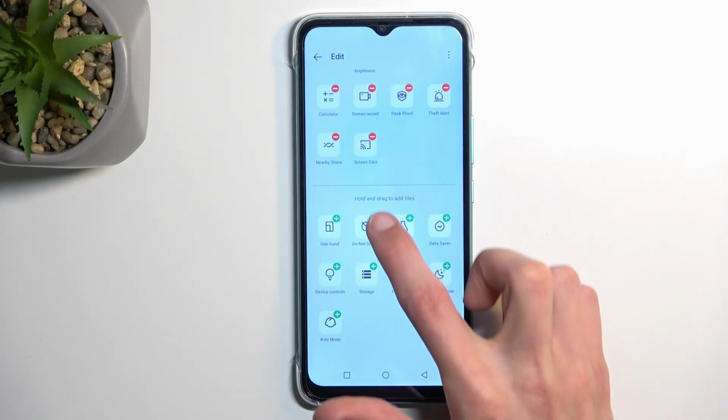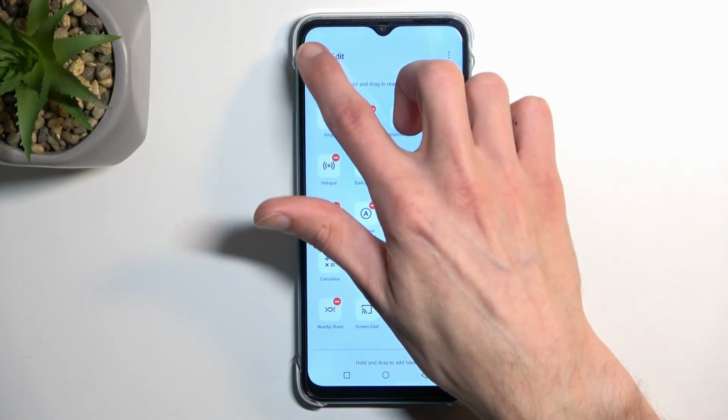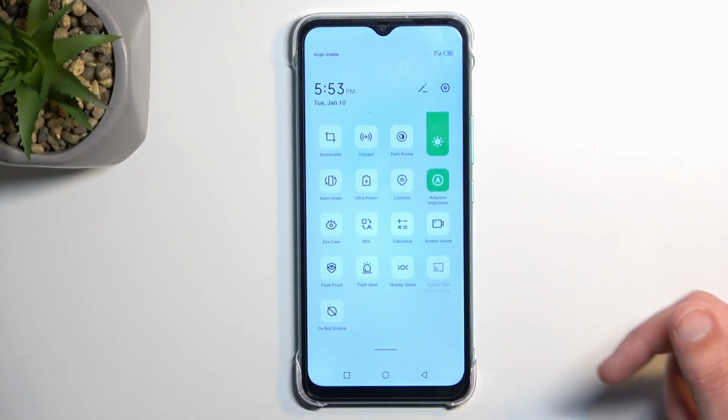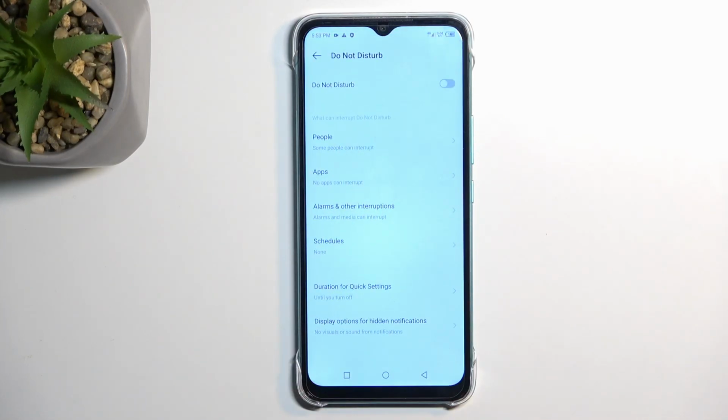And as you can see, it's right over here. So click on the plus, it will get added to your toggles. From there we can go back, and we have it right at the bottom. Now once you have it, you can hold it, at least the first time around, and this will quickly take